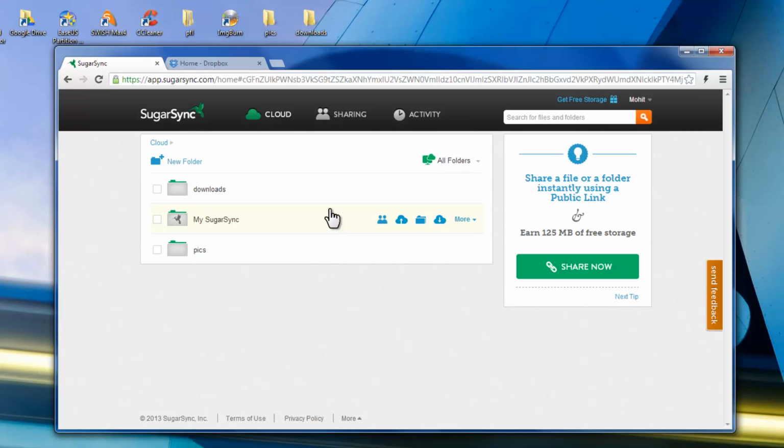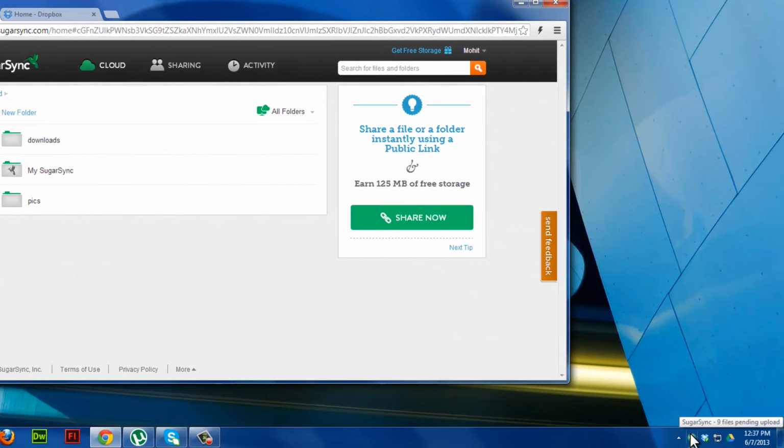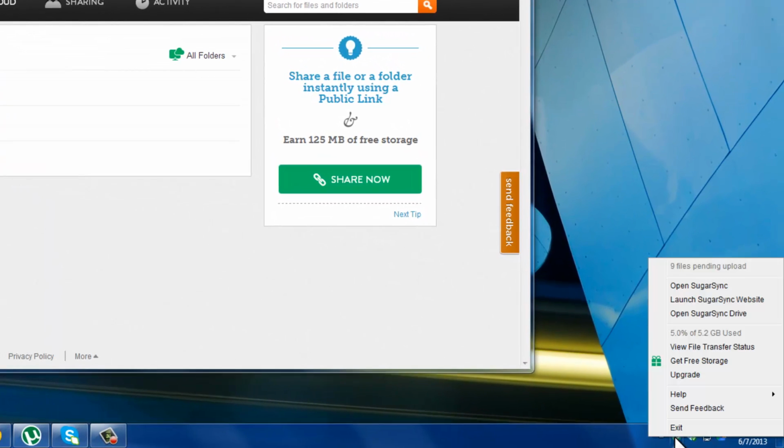People, right now, some files are being synced to Sugarsync. That is the reason why instead of the hummingbird icon, you actually see the sync icon out here. And if I hover over the icon, it clearly says 9 files pending upload. Suddenly I decide that I would want to pause the upload, and I click out here. Trying to do that, but you see there is no option. There's something really missing with the Sugarsync. Why is such a basic function